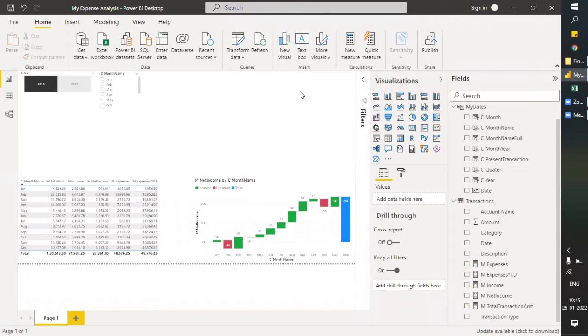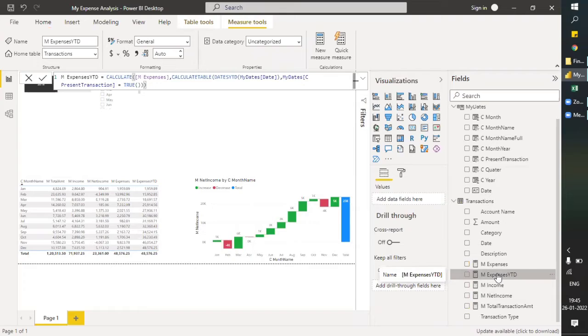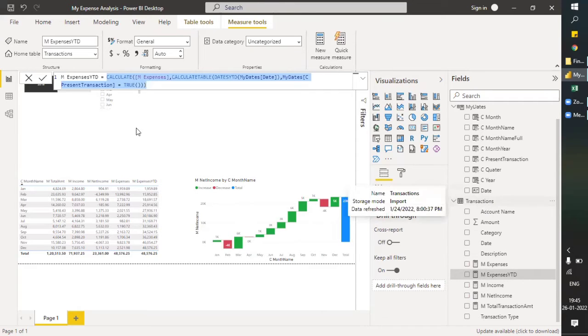So let's start the session from where we had left off in the last one. In the last session we did M expenses YTD. We calculated the YTD, how to have the YTD total of the expense. This is as per the calendar year and also as per the expenses which we had done in the transition table. Okay, and now we can also calculate these expenses in another way, in which we don't want this filter,